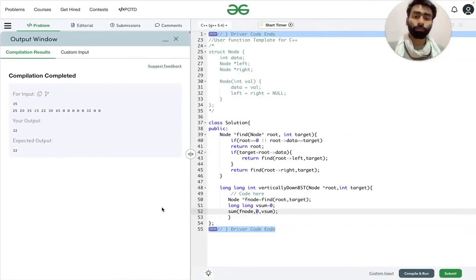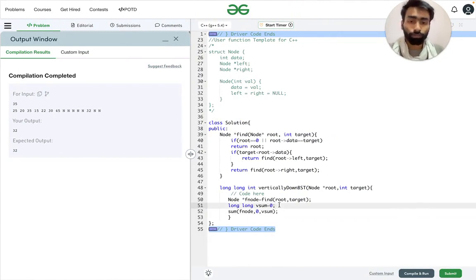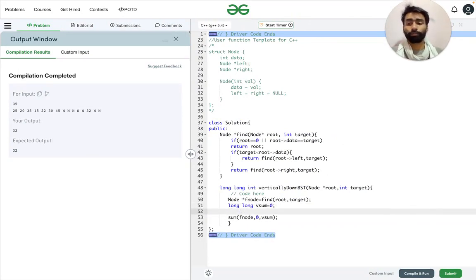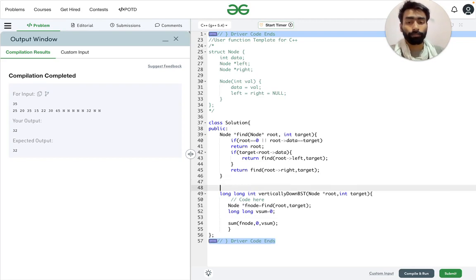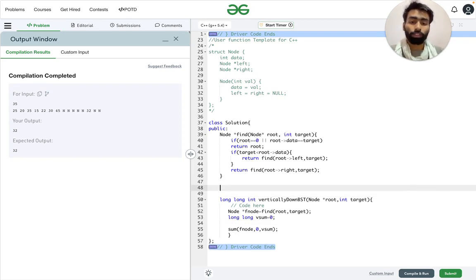So we initialize that level with 0, and let's first find the sum. This sum will be of void type, because we are updating the value of vsum here, not storing it anywhere.